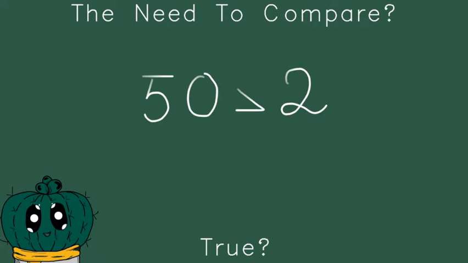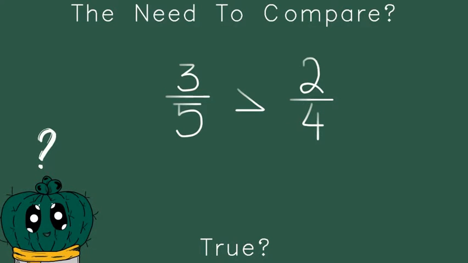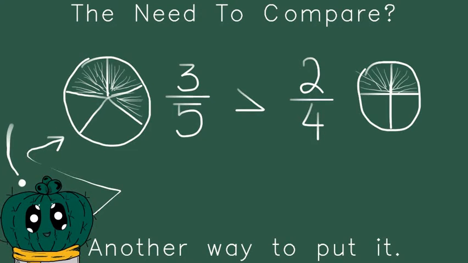Now the reason for that is, can you actually tell me if a normal number like 50 is greater than 2 or not? You can do that and say that yes, 50 is in fact greater than 2. But what if I asked you if 3 by 5 is greater than 2 by 4? Now you may find that to be a little hard, but one way to think about it is